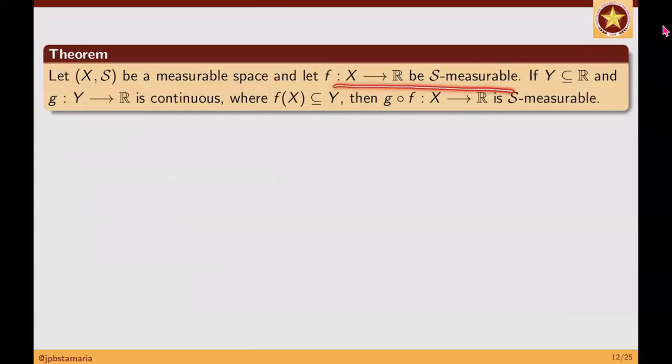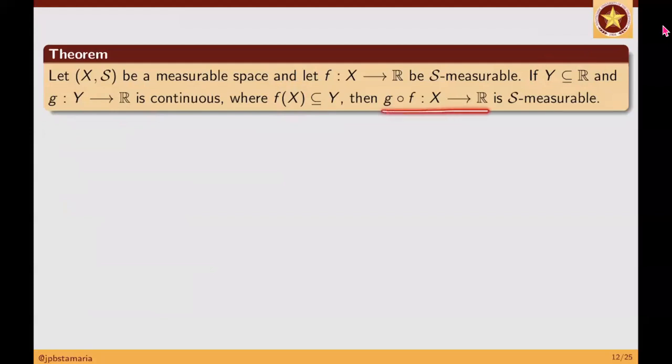Si F ay S measurable. If Y is a subset of R, and I have a function G from Y to R that is continuous, so that ang image ng X under F ay nasa loob ng Y,